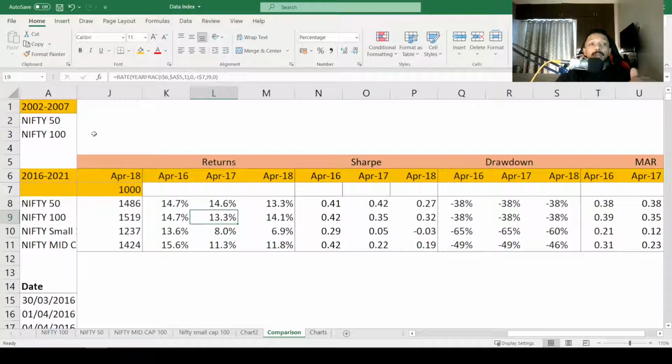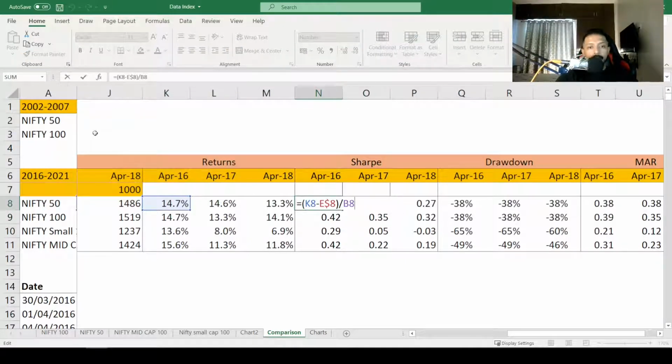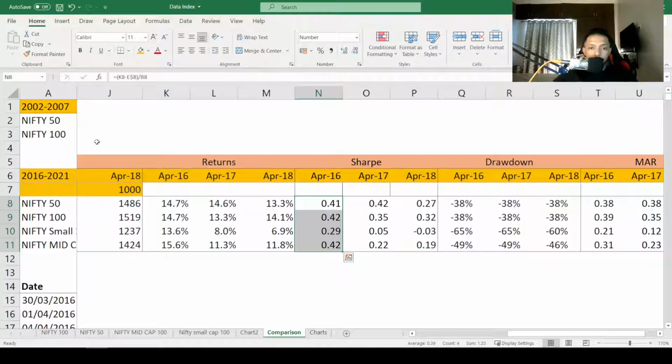So even then, the largest companies are performing better. You might say that okay, 17 also might be an issue, so I go to 18. Okay, and in 18 also, Nifty 50 is still performing well compared to the smaller peers, which is small cap and mid cap. Now let's look at, I mean, these returns are fine, but on a risk adjusted basis, if you just calculate the Sharpe, which is nothing but the return minus the risk free rate divided by the standard deviation, you'll see in all of these 3 years on a risk adjusted basis, if you see out here,